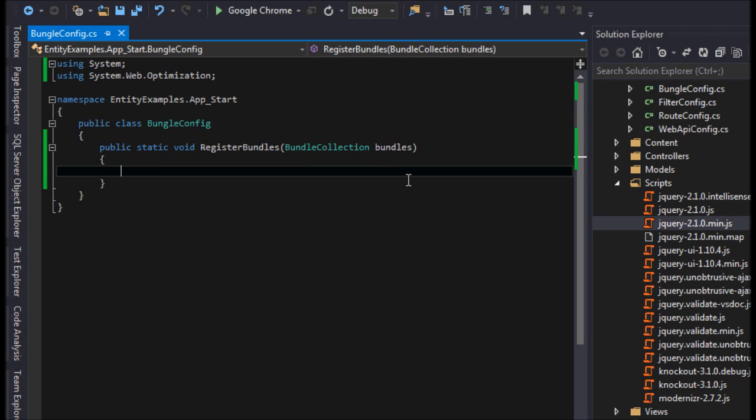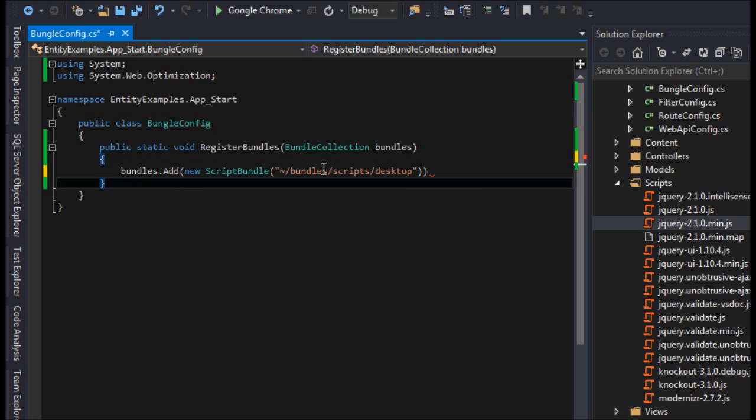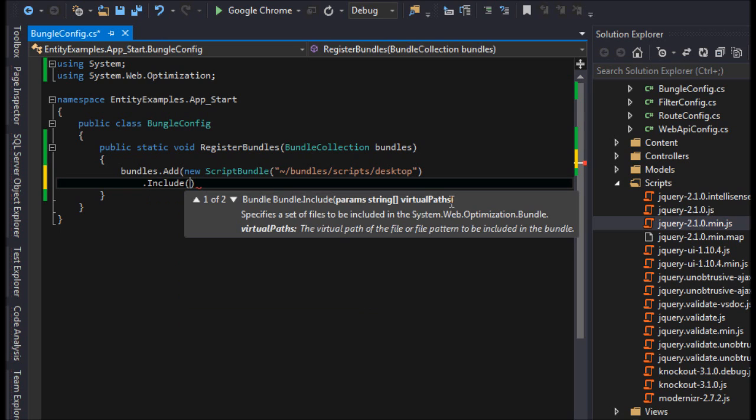So the way to do that is bundles.Add, and let's do new ScriptBundle. Okay, and it's going to ask for a virtual path, and that's the virtual path that we'll be calling actually. This is not a path that already exists. This needs to be a path that does not actually exist. So usually I call this like bundles/scripts/desktop. The reason I do that is I now know that it's a bundle, I know that it's going to be of script type, probably JavaScript, and desktop, meaning that it's probably going to be running on a desktop and not a mobile version. And then next we can do Include,